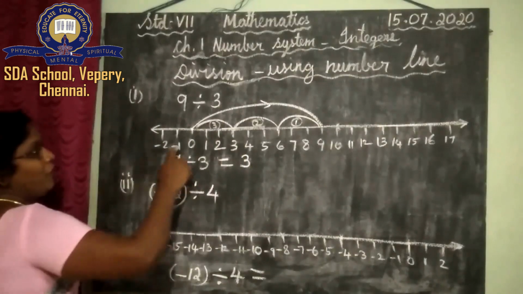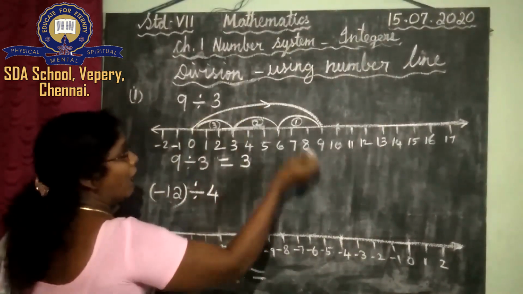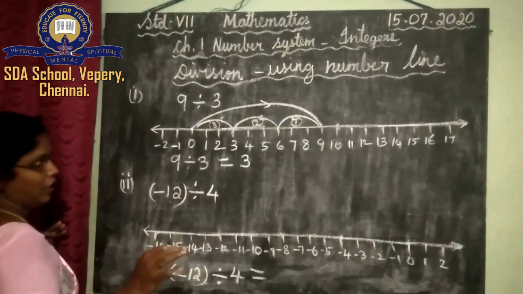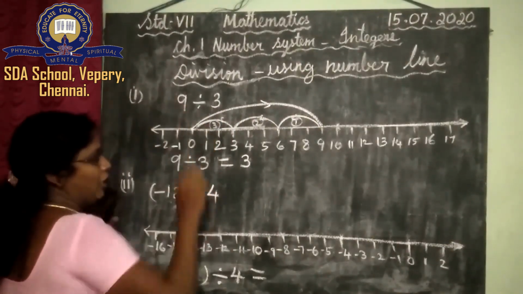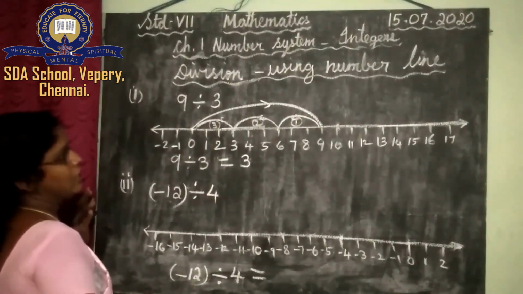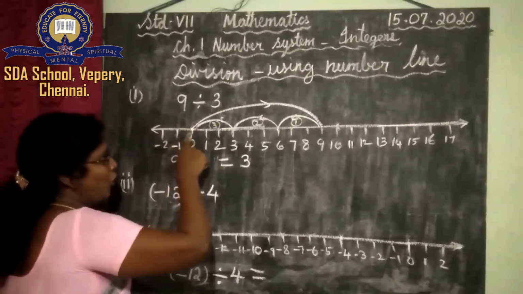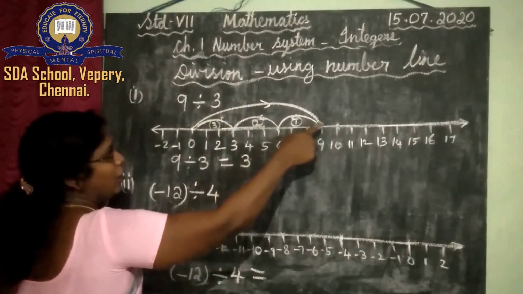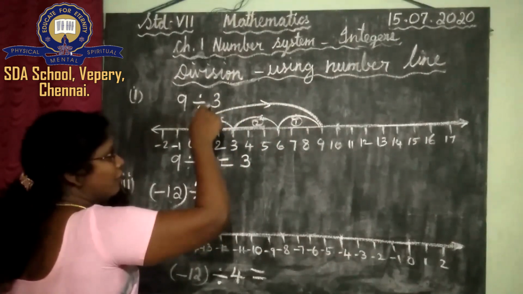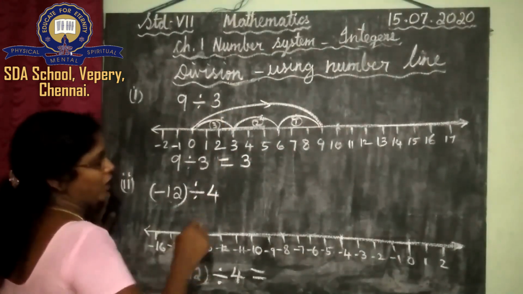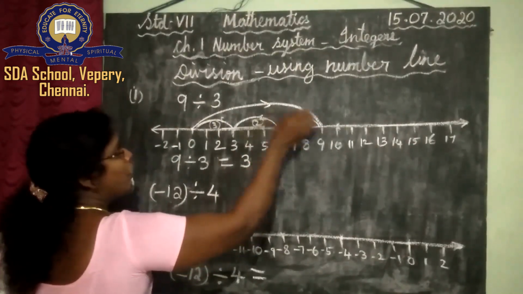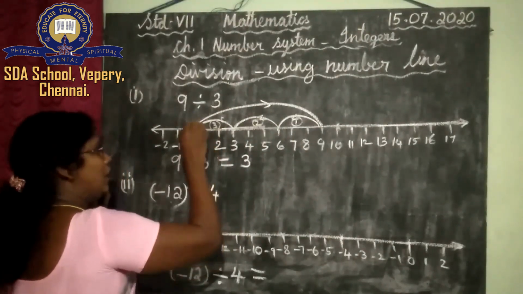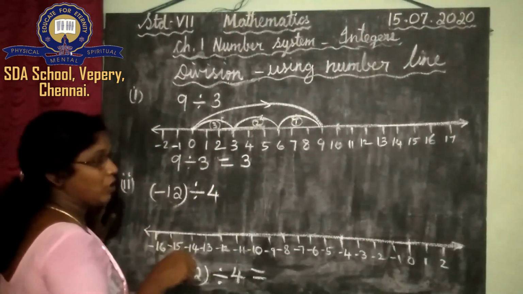That means when we count the unit and come on reverse side, it must reach 0. Then only our answer is right. Let me say from first. Don't get confused. Listen carefully. From 0, pass on to the first number, the dividend. Then count the unit for the number which is given as divisor. Here it is 3. So from here count 3 units. 1 2 3. Again 1 2 3. Again 1 2 3. See, it reaches 0. It has to reach 0. Then only our answer is correct.